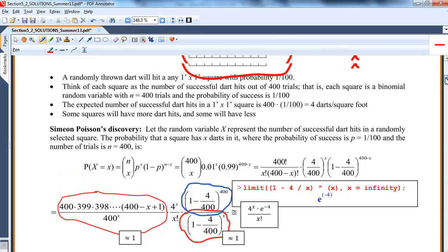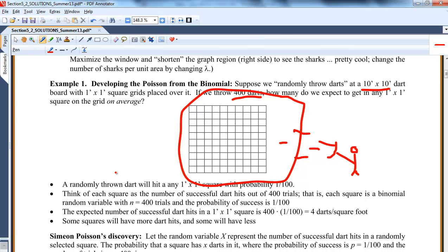What we can imagine, if this was a binomial and we let x be the number of hits in one of these boxes. So let's choose a box right here. What's the probability I have x dart hits in this box? Could be that none of them are there. It could be all 400 are there. The probability I'm going to hit this if I randomly throw, since it's a 10 by 10 space, and there's 100 of them, is 1 out of 100. So out of 400 trials and a 1 over 100 chance of hitting it here, I would expect on average about 4 dart hits in there.